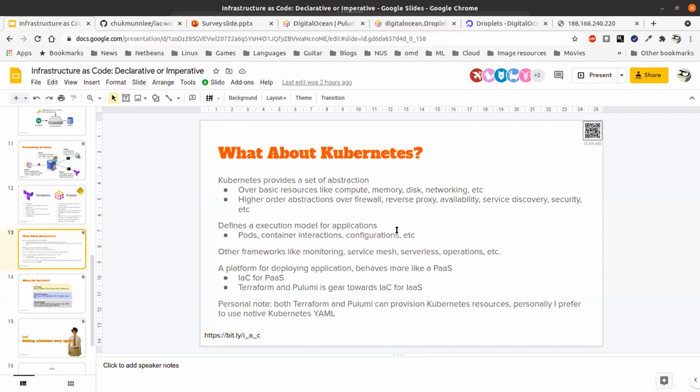So your applications are defined in terms of pods, and how the containers interact with each other, the configurations, etc. There are also other frameworks built on top of Kubernetes, like your monitoring services, your service mesh, your serverless, your operations, etc. Kubernetes is really more like IaC, infrastructure as code, for platform as a service, whereas Terraform and Pulumi are more towards IaC on the infrastructure as a service.